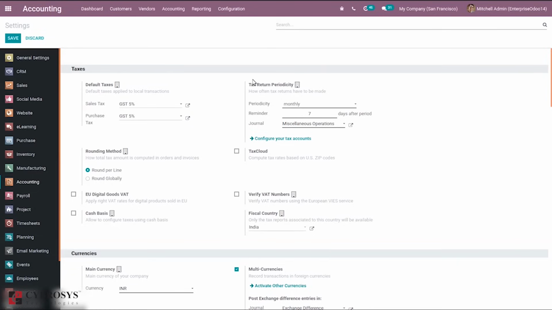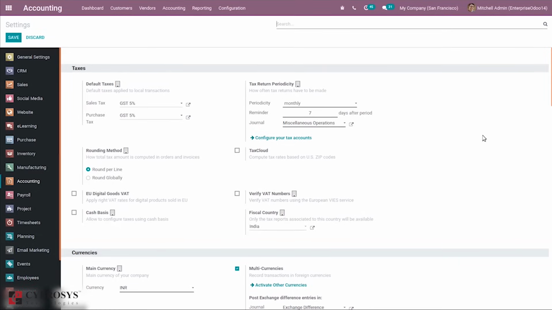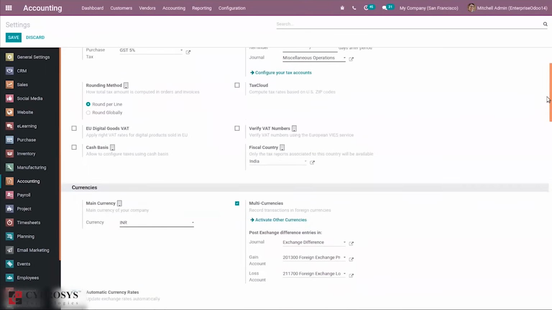Then here you can see tax return periodicity. So we can set how often returns have to be made. It can be done periodically, that is monthly, annually. You can see a lot of options here. Then reminder can be set 7 days or some days after period. Then we can set journal here for tax return periodicity. So I've already set as miscellaneous operation, which handles this. Then when you set that, you can configure your